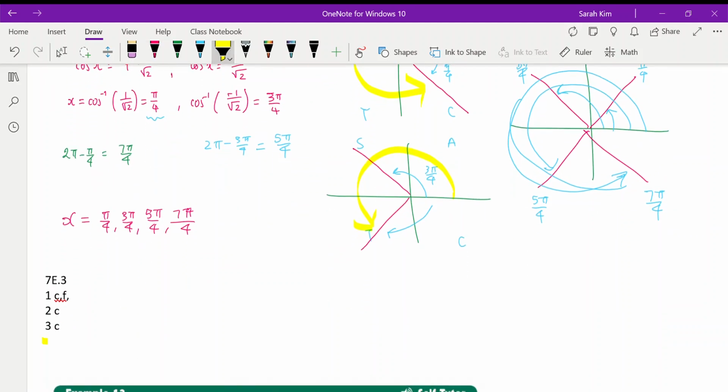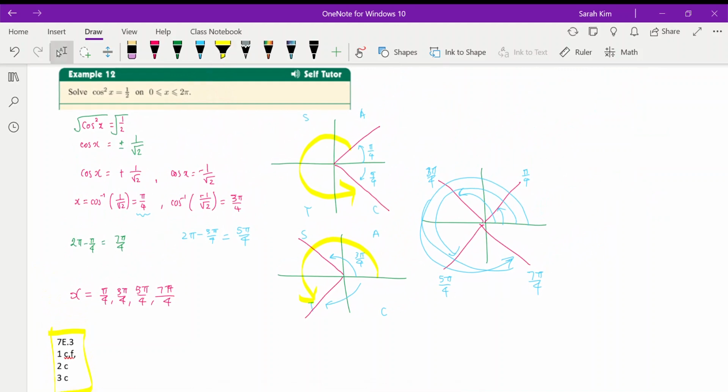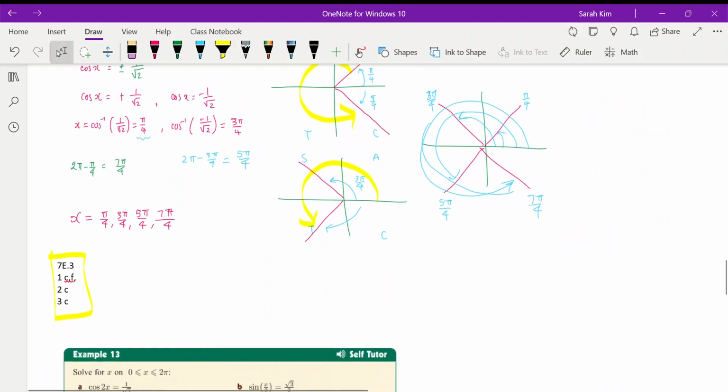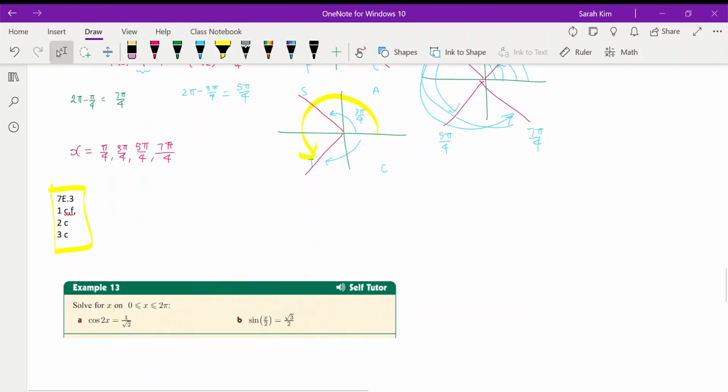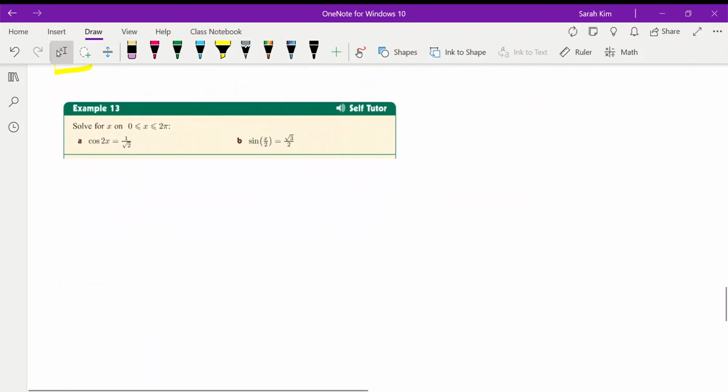Now, you should be able to do 70.3, all of these. They might be a little bit tricky because this is kind of a new concept. Give it a go. Please ask lots of questions in class and ask for videos if you need more help with it. But I'm going to keep going on with